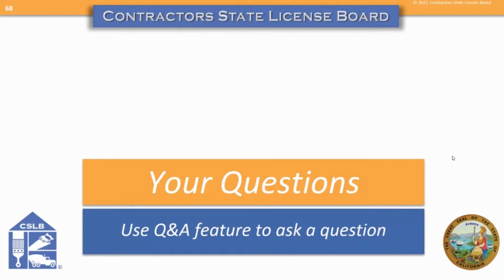Will owner builder work performed that was $500 and under be valid for some experience? Yes, any work that is performed is valid for experience. Once again, it would be the type of classification that you're going for. Owner builder is work performed on your primary residence. And if that work was under $500, that could easily fall into painting, could be some drywall work,